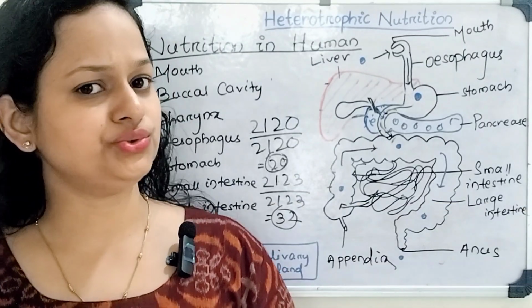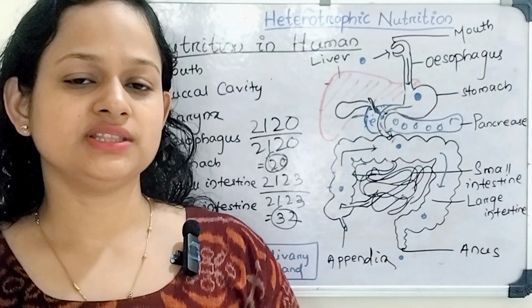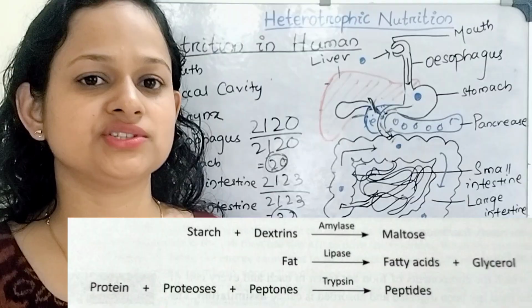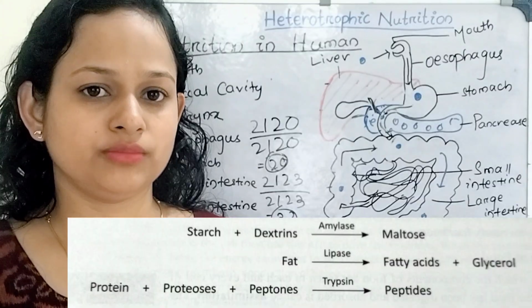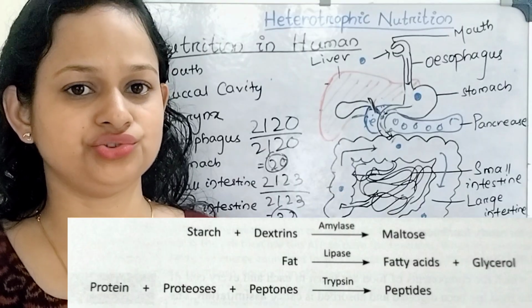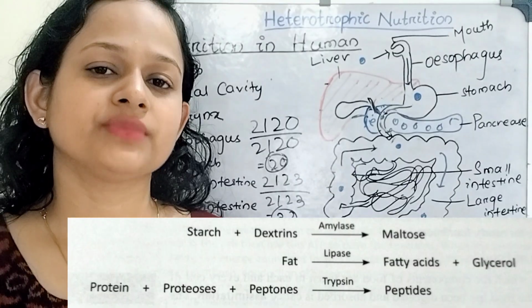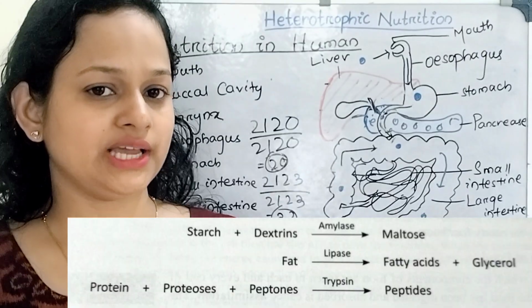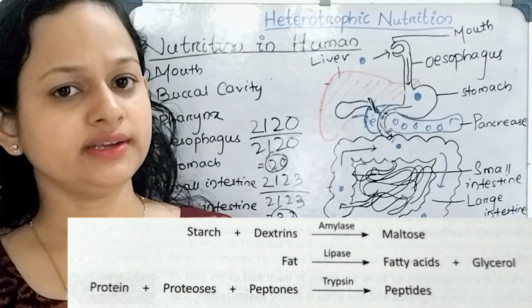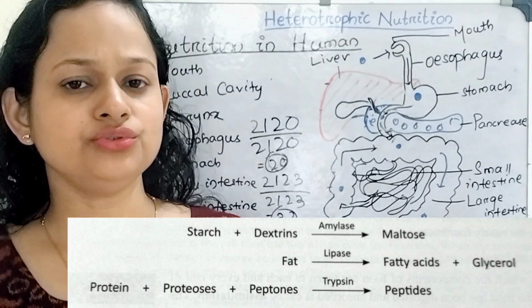Then the pancreatic juice. The pancreatic juice contains different types of enzymes. They are pancreatic amylase, pancreatic lipase, chymotrypsinogen, carboxypeptidase and trypsin. So the function of amylase is to digest the carbohydrate and to form the amino acids, and the function of pancreatic lipase is to digest the emulsified fat into fatty acid and glycerol, and the function of carboxypeptidase is to